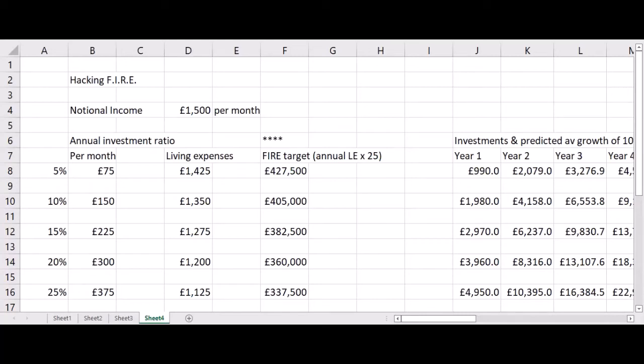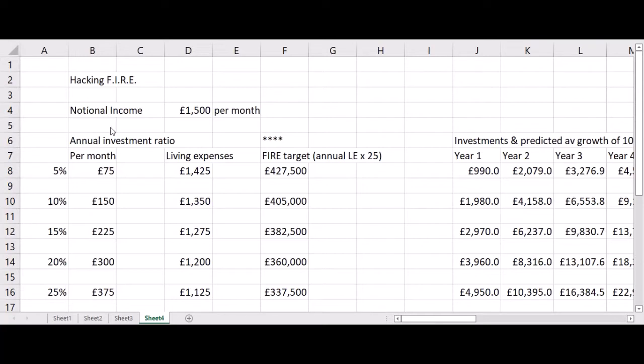Hi guys, in this video I want to talk you through an Excel sheet that I had done to explain why the ratio of your investment compared to your income is more important than how much you earn. And the reason for that is pretty simple, and it is to do with the length of time that it would take you to achieve